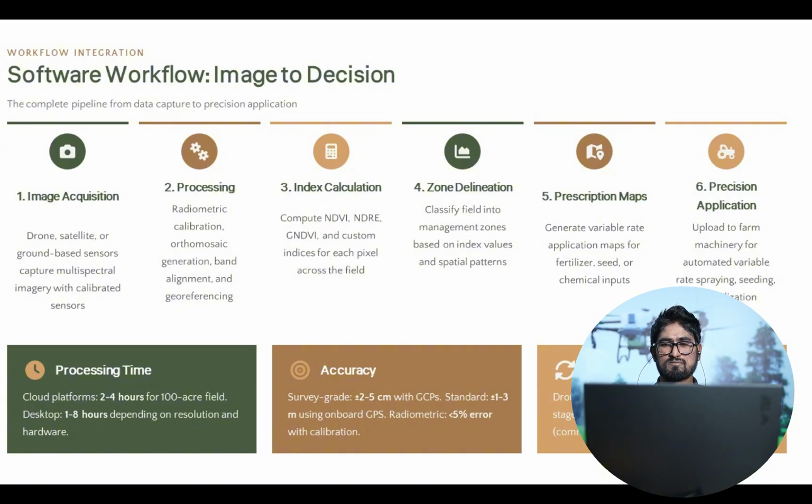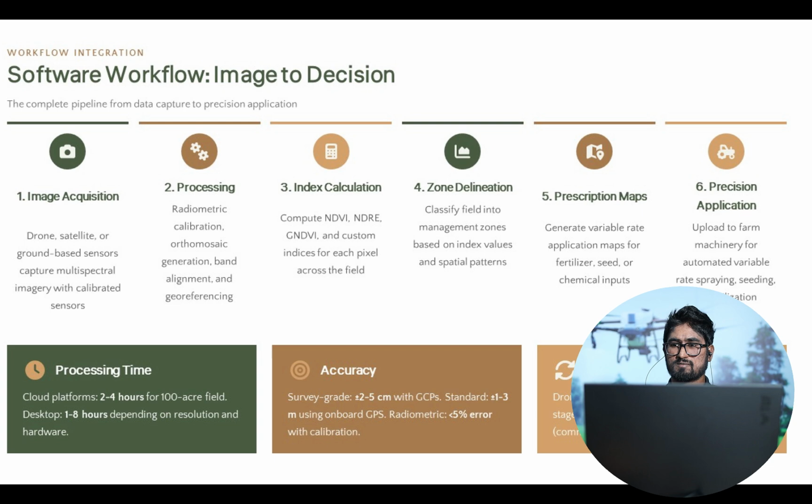These indices we use for zone delineation, classifying fields into management zones based on index values and spatial patterns. Then we create prescription maps to generate variable rate application maps for fertilizers, seeds or chemical inputs. Finally we can